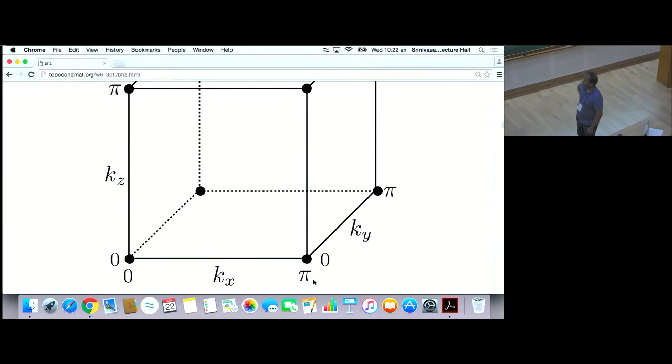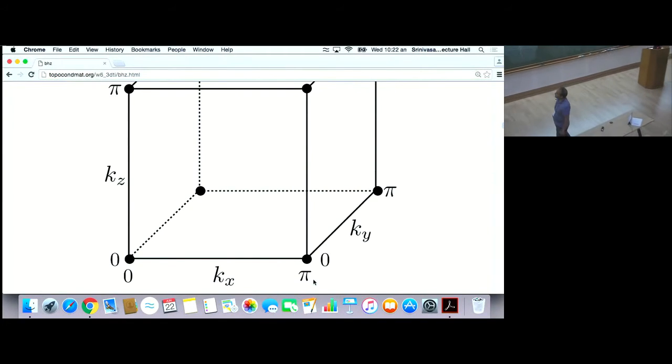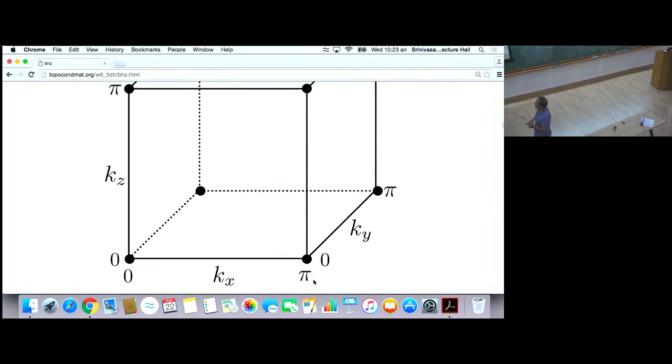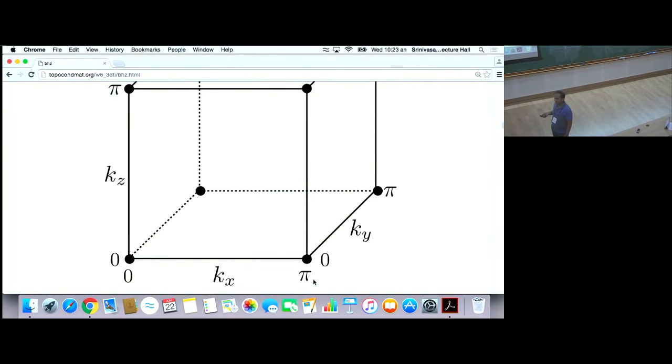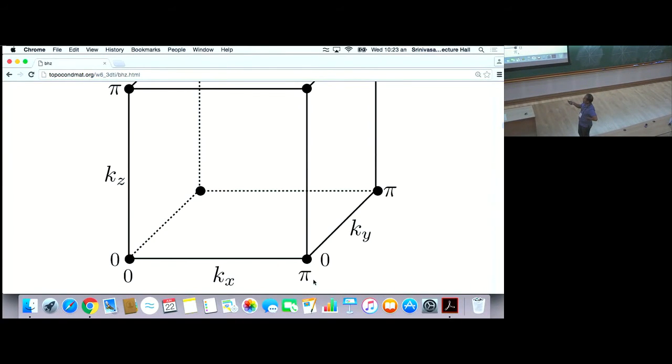Yeah, that's a good point. So there are some constraints on how that can be. The only way that can be, at least with inversion symmetry, is that it can't happen if this pair